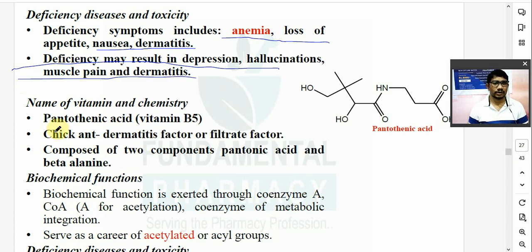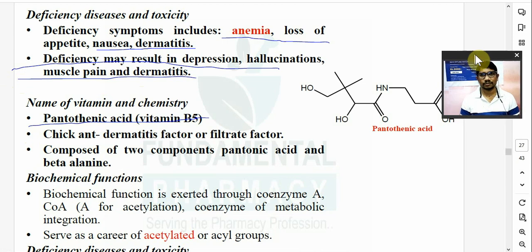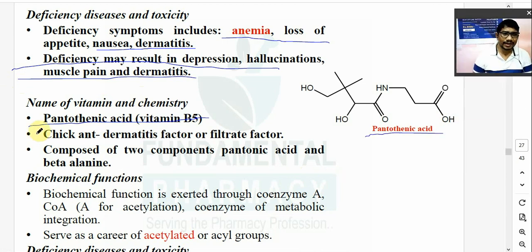तो ये हो गया बायोटिन। नेक्स्ट विटामिन इज नथिंग बट द विटामिन बी पायो, नोन एज अ पैंटोथेनिक एसिड। So you can see the structure of pantothenic acid over here. It is also known as anti-chick dermatitis factor or filtrate factor. इसके ऊपर क्वेश्चन आता है, एंटी चिक डर्मेटाइटिस फैक्टर और फिल्ट्रेट फैक्टर।